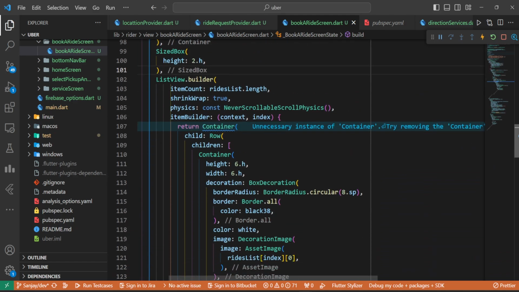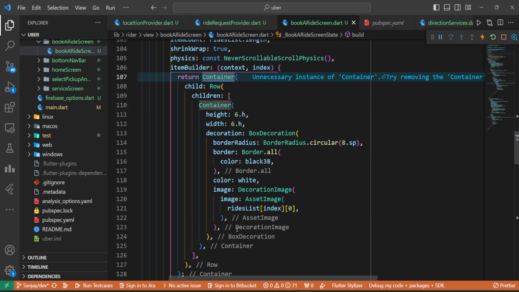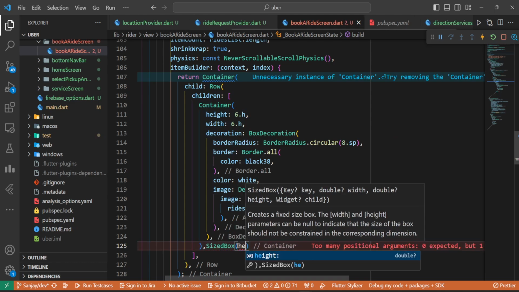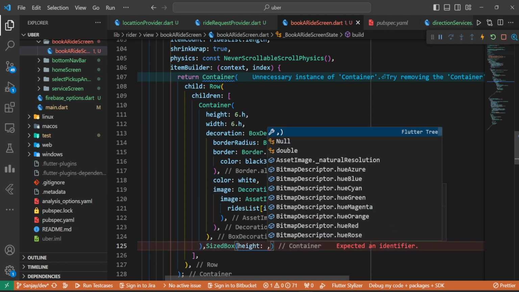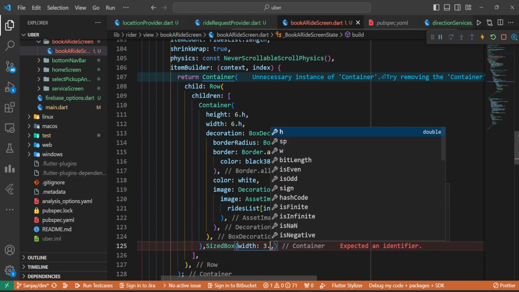Okay, we will look into it. So we have this row, we have this container 6.h. After this container we will go with a sized box, height. It's not going to be height, it's going to be width. Let's go for 3.w,